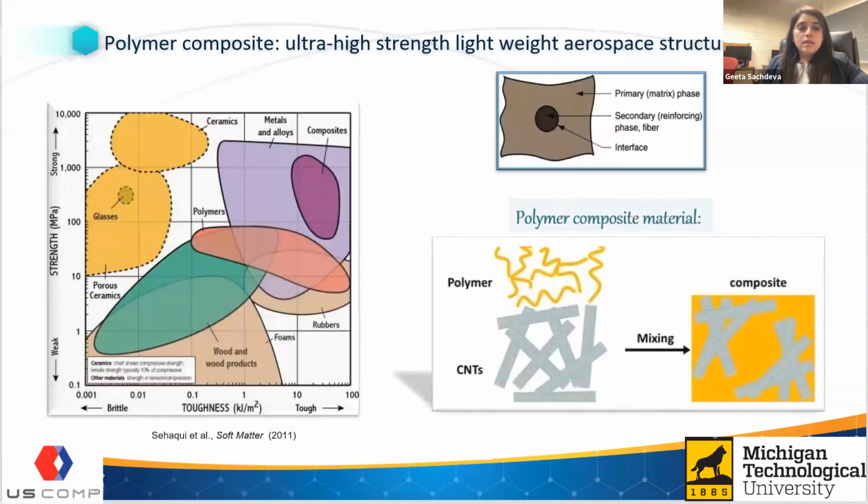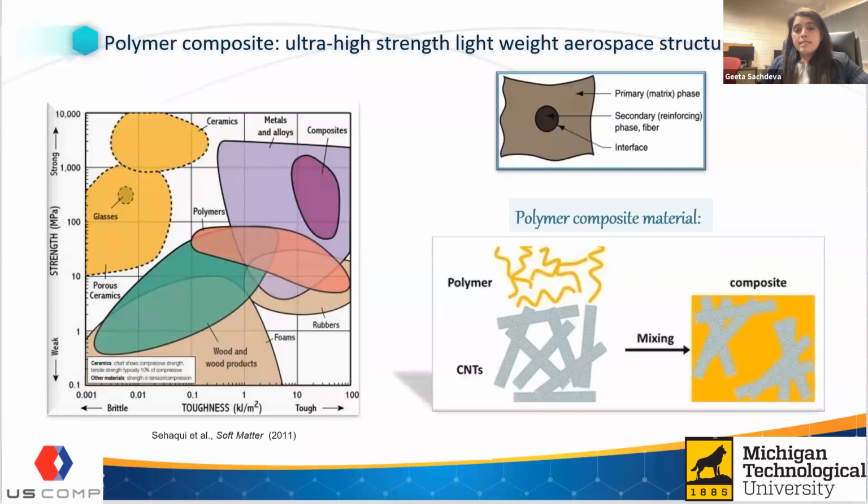The question now is what are composite materials, as I'm talking about composite materials here. Composite materials consist of 2 materials, as shown in the top right figure, which have different physical and chemical properties but are combined together to produce a new material with different properties from those of the constituents. As explained in this figure, a composite consists of 2 phases, where one is called the matrix and the other is called the reinforcement. In our work, we have used polymers as the matrix and flat carbon nanotubes as reinforcements.